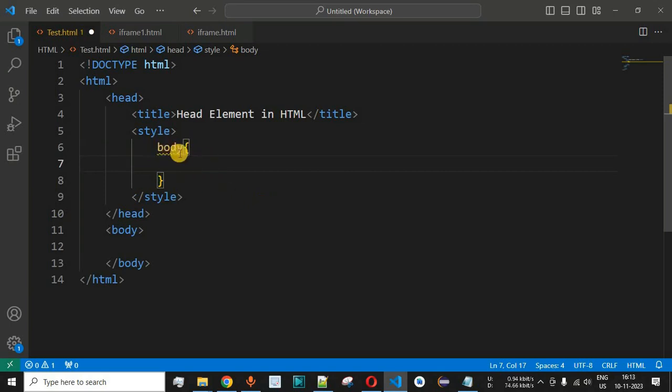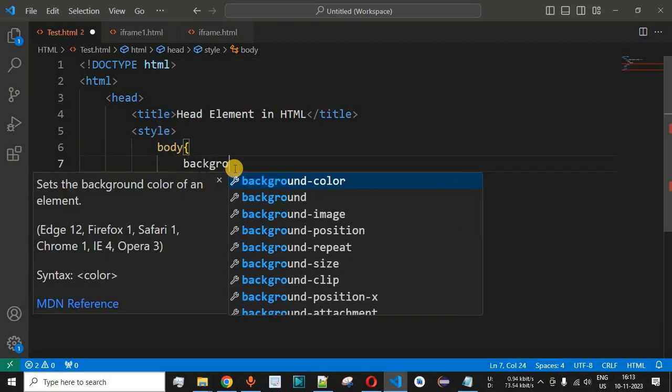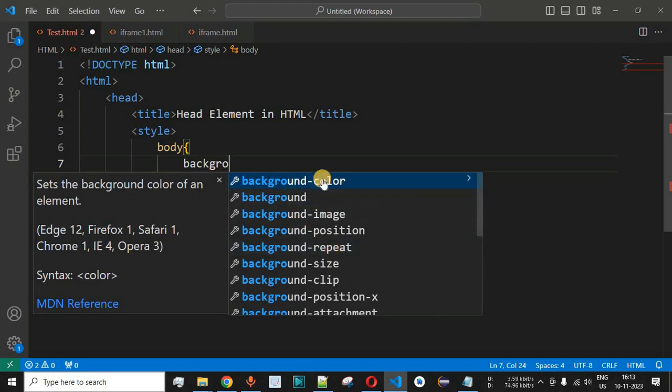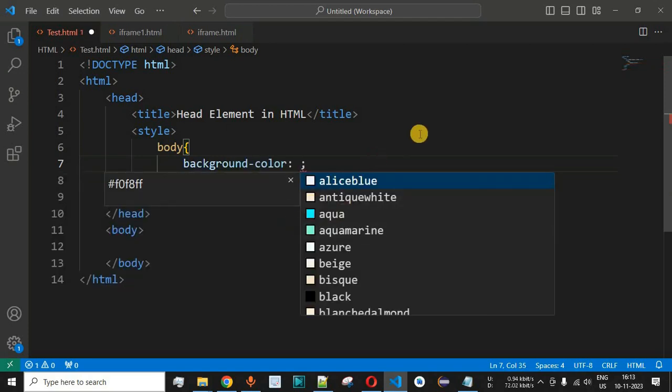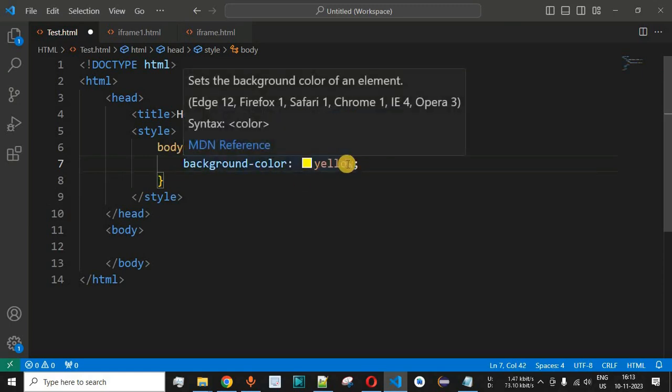Inside the body selector we provide the open and close curly braces, and then we provide the background color property. As you can see, when we type background, we get a number of suggestions from VS Code. So we can use background-color and define the value of the color. Let's say we want the background color of the entire body of the web page to be yellow.